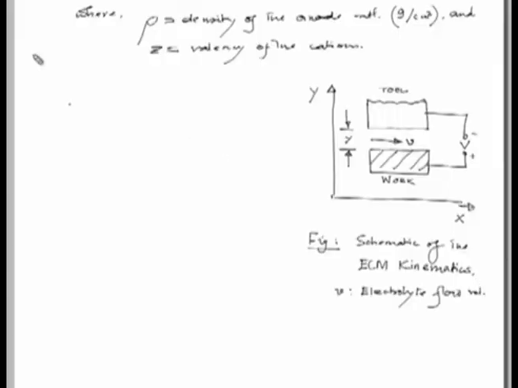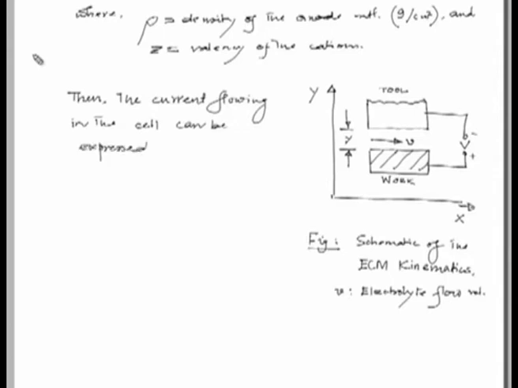Now, if this is the schematic representation of the kinetics of electrochemical machining, then the current flowing in the cell can be expressed as I is V minus del V by R,